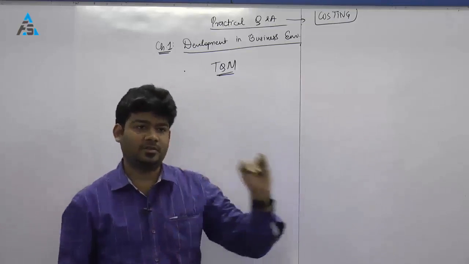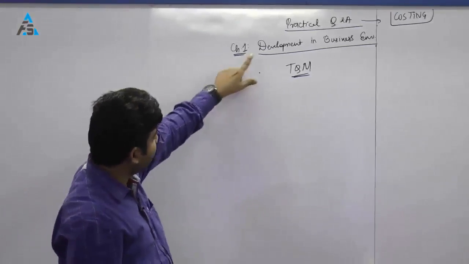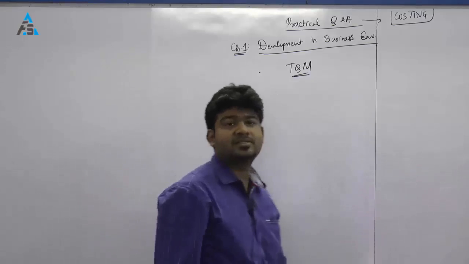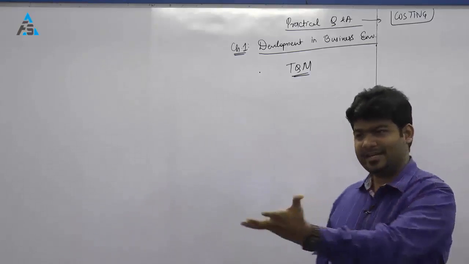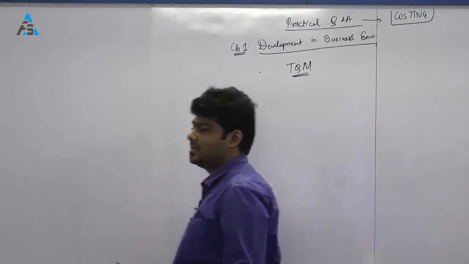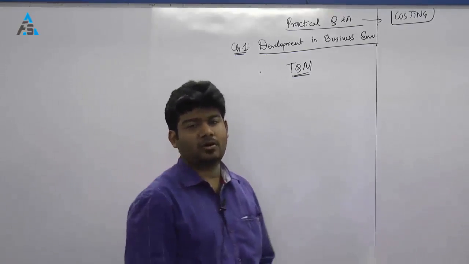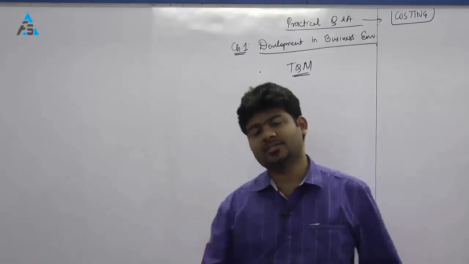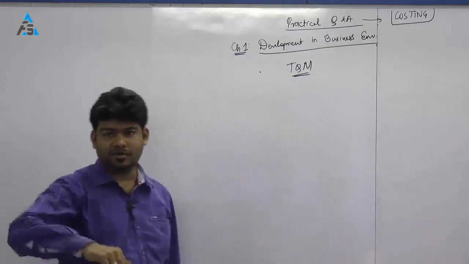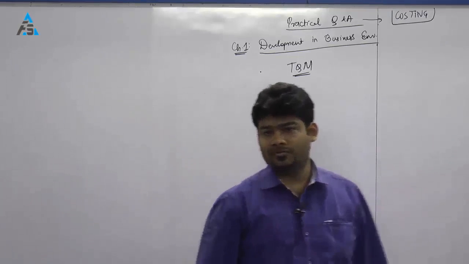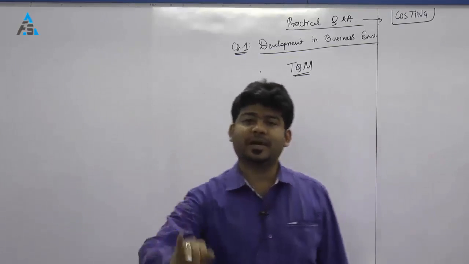We are already done with the theory part. This is the practical part relating to development in business environment, of which the first aspect is TQM. I have just selected randomly a few questions from the practice manual which majorly cover all the concepts as far as the practical aspects of this first chapter are concerned. We will take a quick overview of all of those questions so that even the practical aspect is done